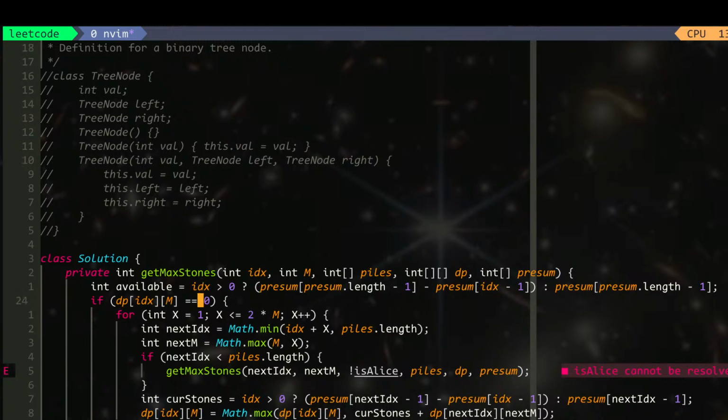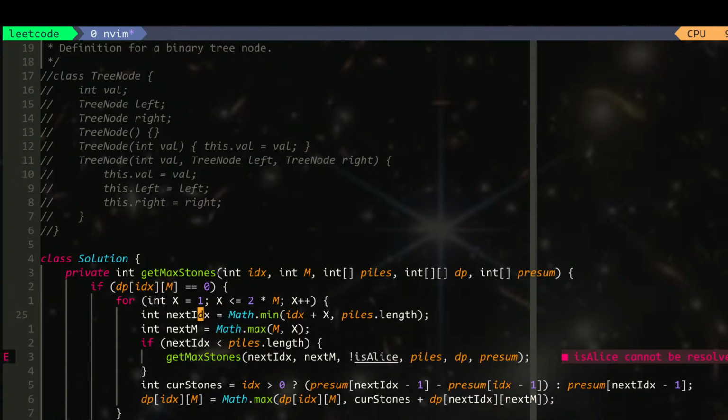So if it's equal to 0, which we haven't done, then we try this much. We still have available. Okay, that's actually not true. So we do this. Index is this. Next m is this. We do this and